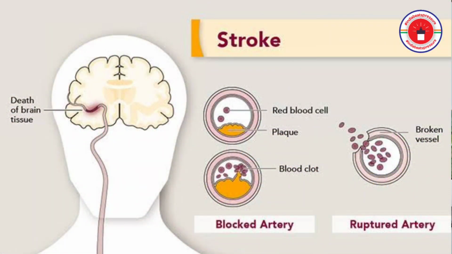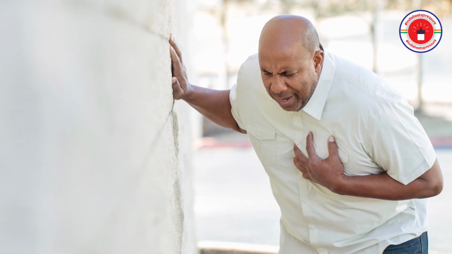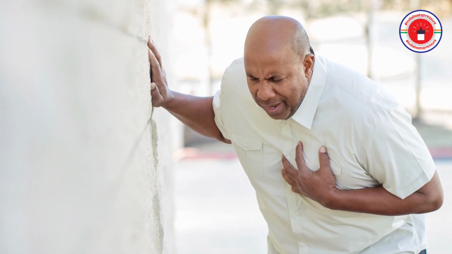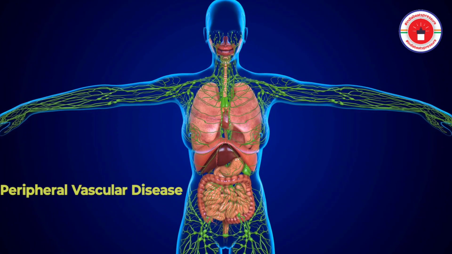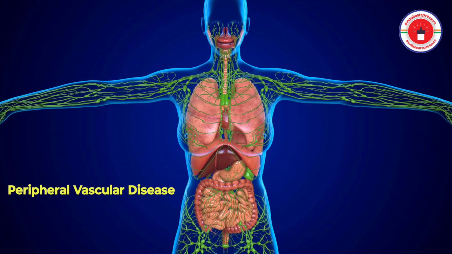What are the ill effects of hypertension? Hypertension usually does not cause any symptoms, hence it is called the silent killer. But when the symptoms occur, they are very dangerous. What we can get from hypertension is target organ damage. We can get stroke, that is paralysis. We can get blindness because of hypertensive retinopathy. We can get heart failure, heart attack, and kidney failure, and hypertension can cause peripheral vascular disease. So these are the ill effects of hypertension.